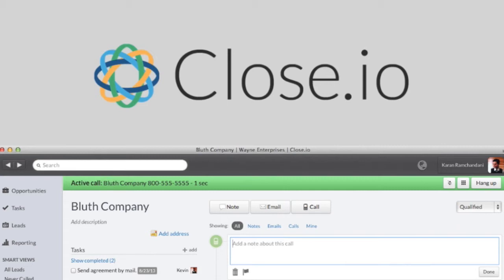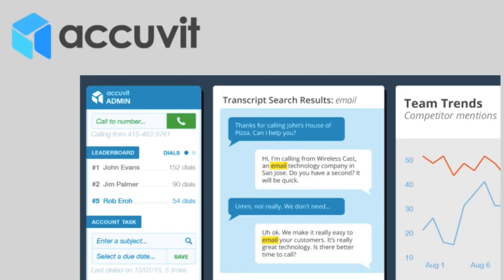Close.io also makes it easier to improve the relationship with their lead filter functions. This function allows salespeople to filter the prospects according to the action that has been made on the customer. For example, a call has been made or an email has been sent. Close.io also integrates with Gmail, Wufoo, and Mailchimp. Next one is